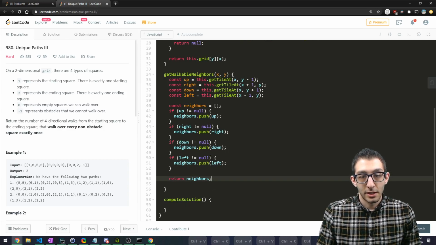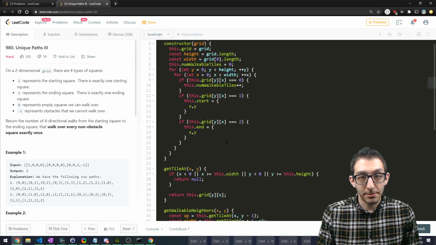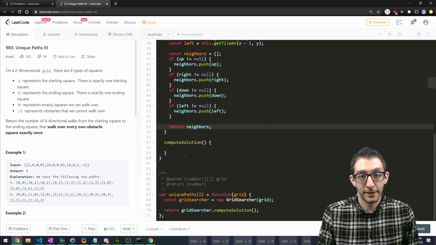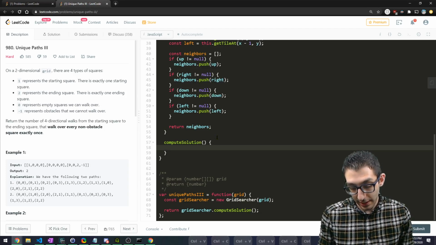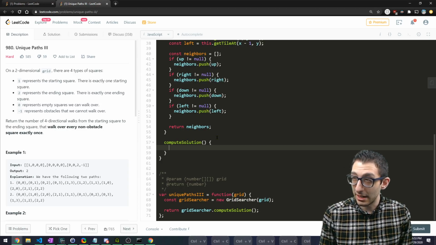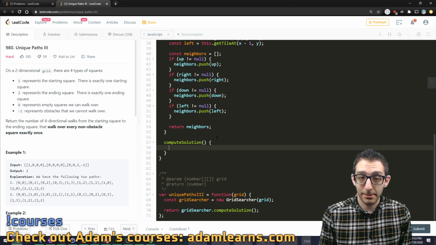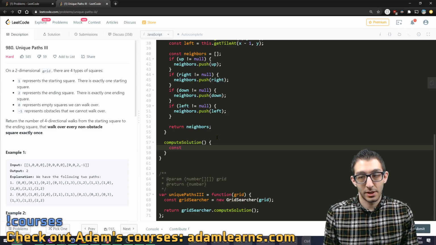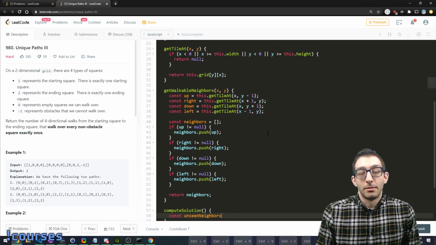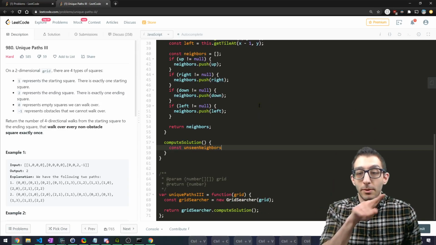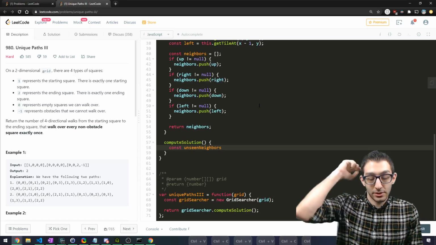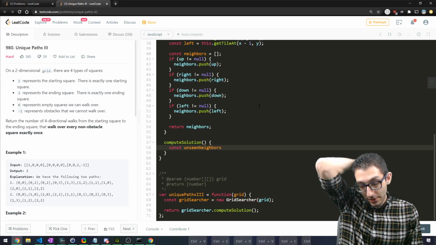Okay. So this is the walkable neighbors, and then we just need to compute DFS. Okay, so how does DFS work? We take a starting node and we push all the neighbors onto a stack. Showing depth first. We're gonna keep popping. Yeah. So const unseen neighbors. But then how do we mark that a node is seen? Because we don't want to keep going between two different tiles over and over. We typically do this by